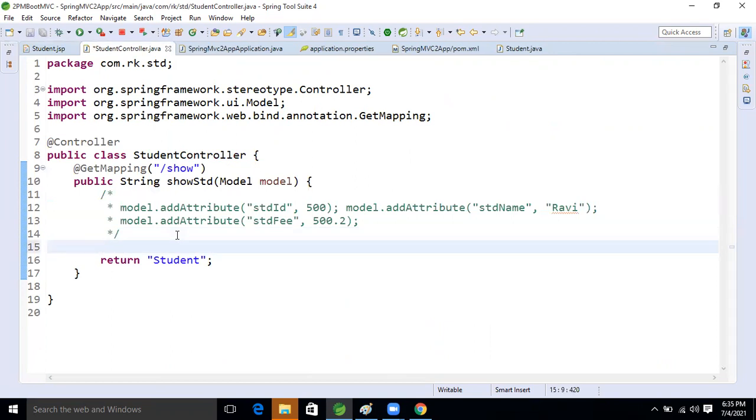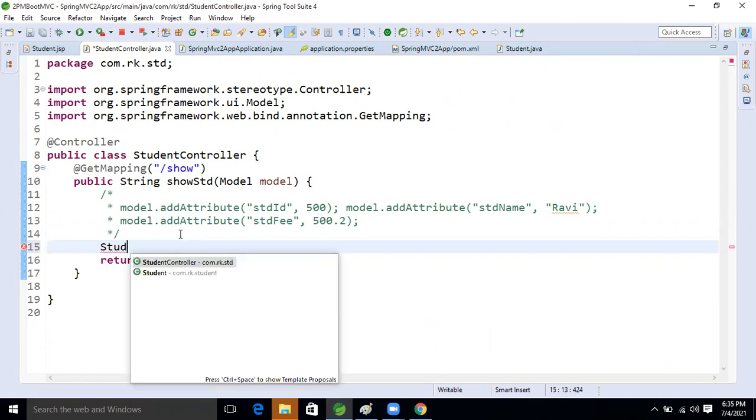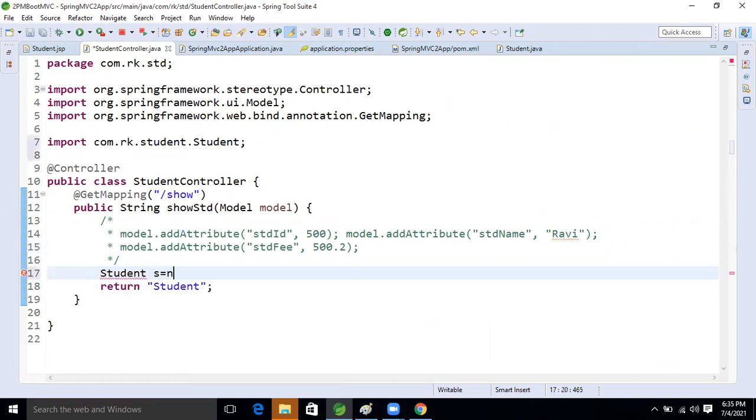So here, inside this method, let's create a Student object: Student s equals new Student.